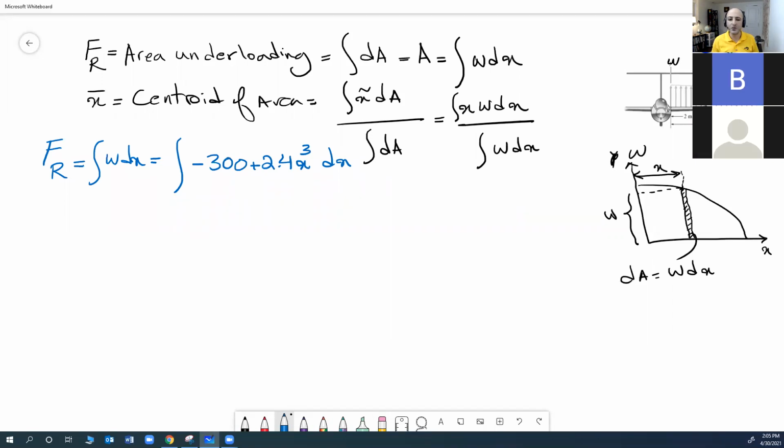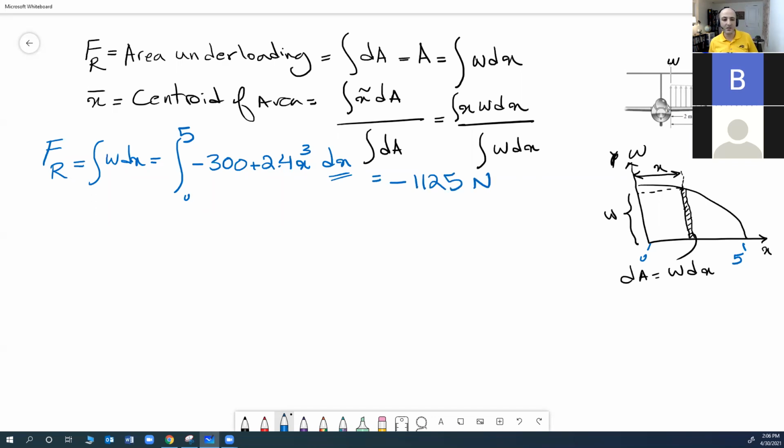So it goes by how much x is changing. X starts from 0 to 5. So this will result in minus 12